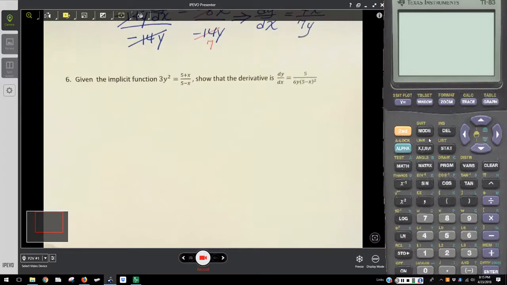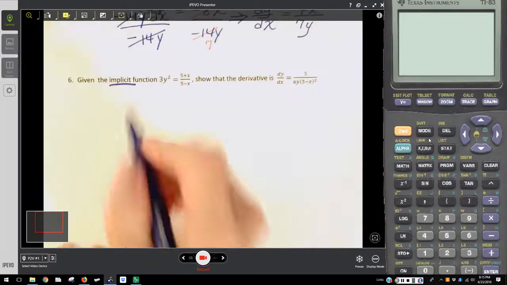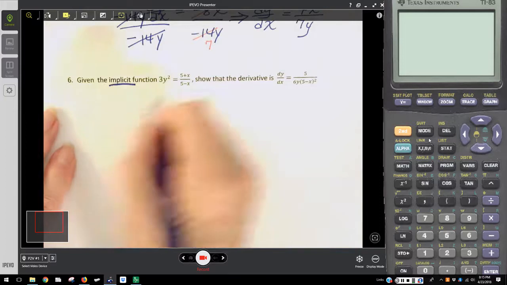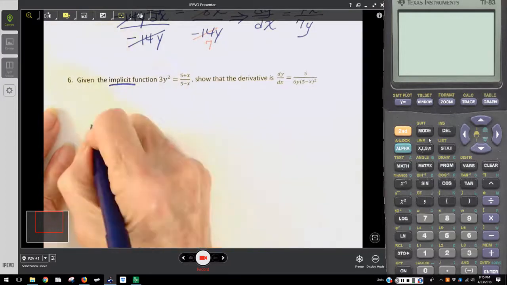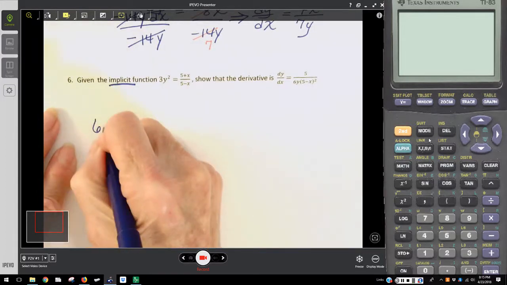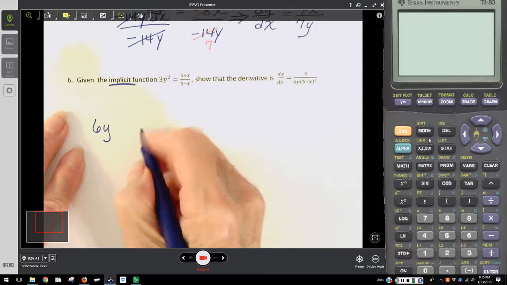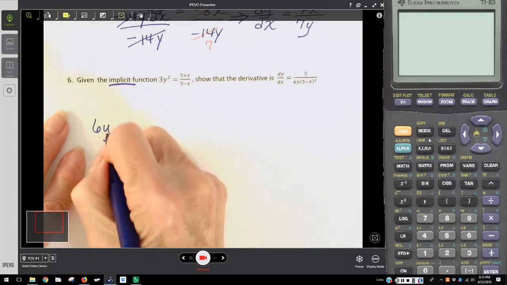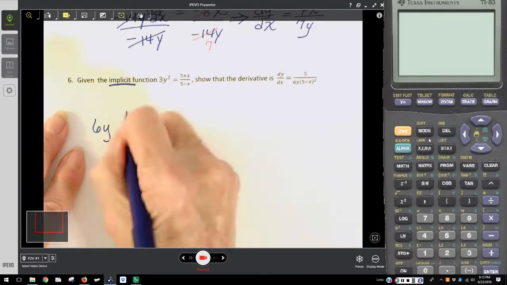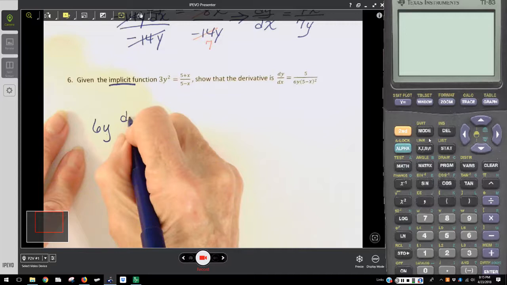Then our next problem has a quotient rule on one side and y as a function of x on the other side. And again, it's implicit. So the derivative of 3y squared is 2 times 3 is 6y to the first power. And then because this is a function of x, we have a factor of dy